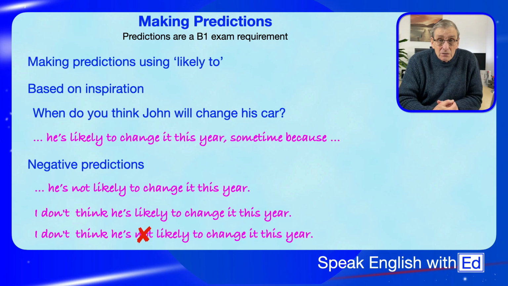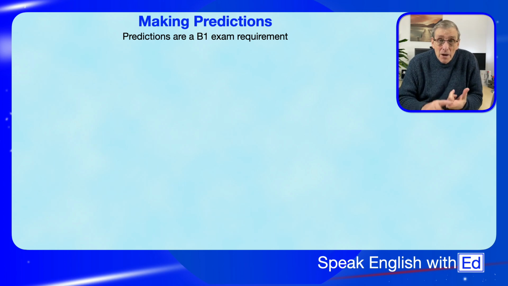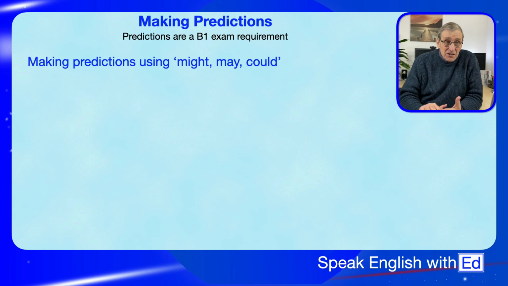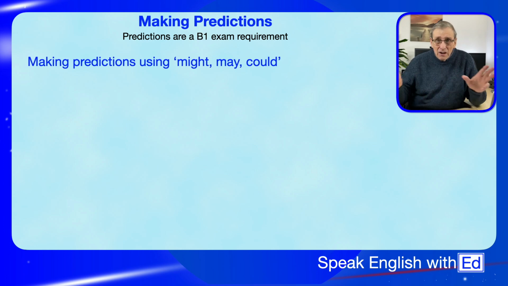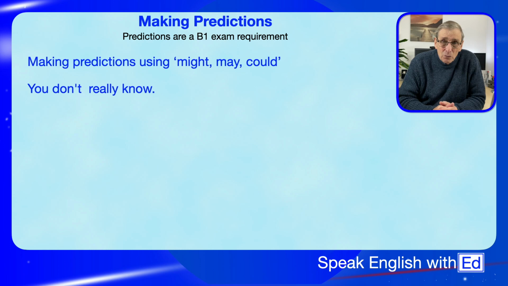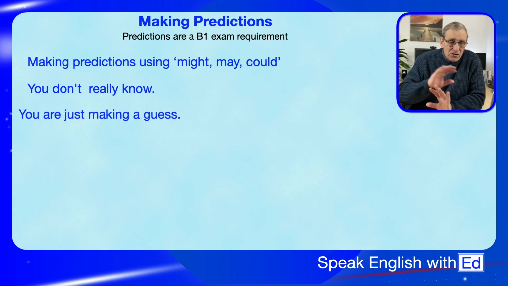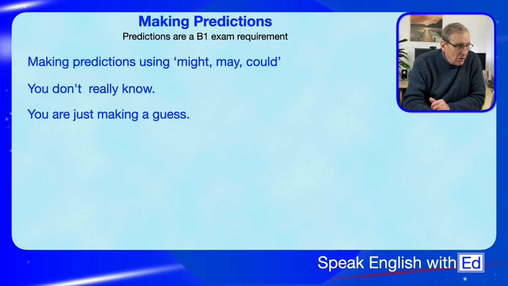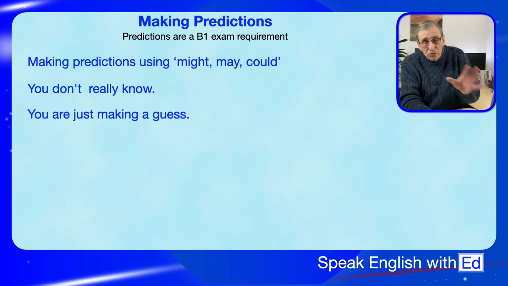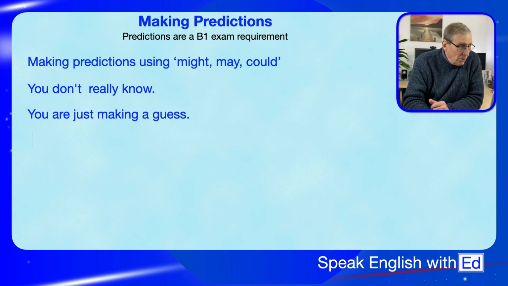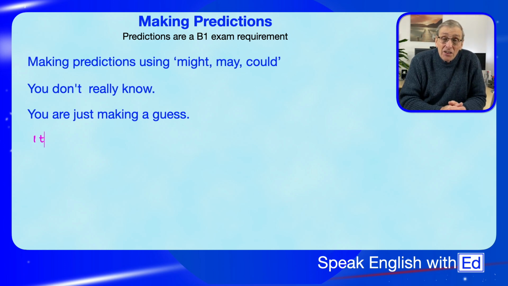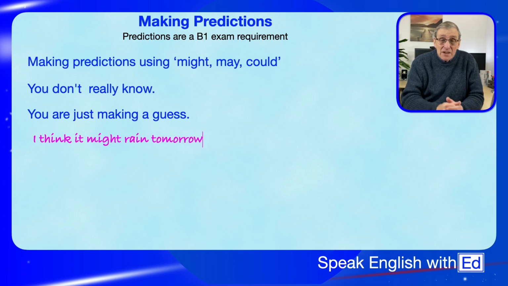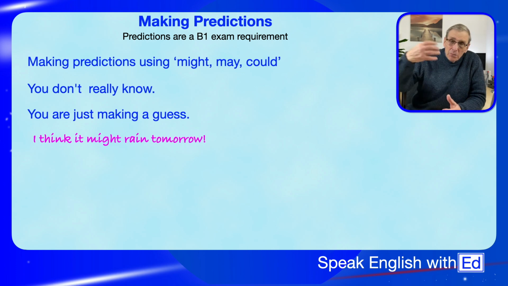So the last way that we use, number 4, is may, might or could. Now these you use when you don't have the faintest idea of what is going to happen. It's a pure guess. It's what we call a stab in the dark. You're just purely guessing. So you just don't know. That's the end of the story. You can say, I think it might rain tomorrow, but you don't have a reason why you think it might rain. You just think it might rain for no reason at all. But you're making a prediction.